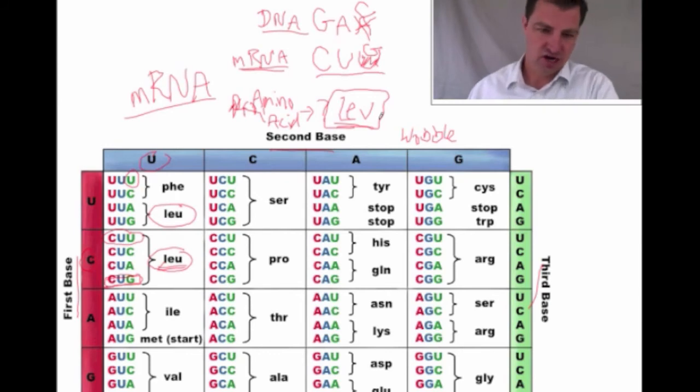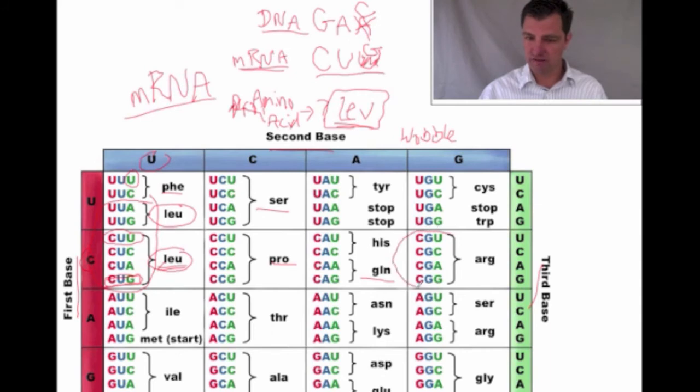Okay, so notice that, once again, let me point out, this is mRNA. This chart's based on mRNA, and it shows you which amino acid you would put where. Notice that there's several ways you can get leucine. For example, right here, we have 6 different ways we can get leucine. Over here, we have arginine. We have 4 ways there, and then we have 2 more ways there. So there's several different ways. There's redundancy in the code. There's several different ways you can get there.